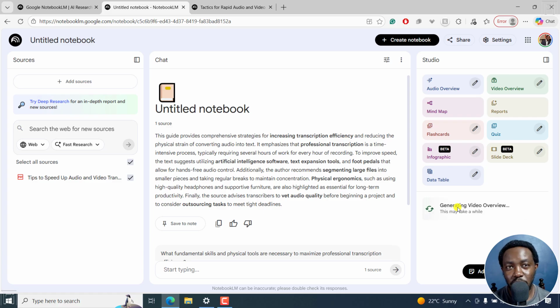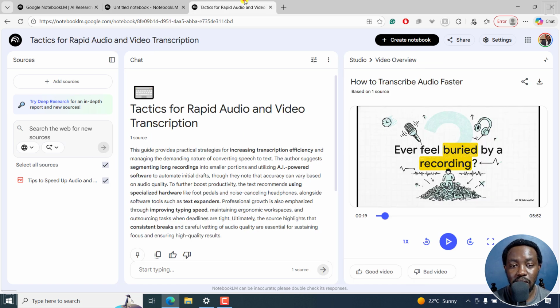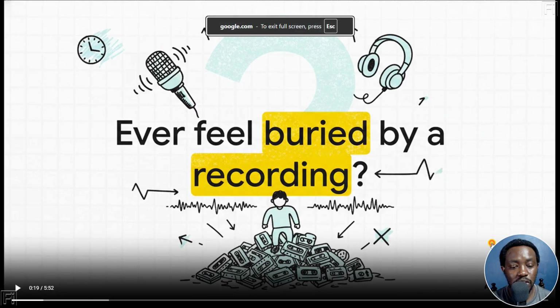Now, take note that it does take a while to actually complete. It's a lengthy process depending on the number of sources that you have here. This one is just a PDF with about 9 pages, and it took about 10 minutes. And that is the result that you're seeing right here, this particular video. And as we've seen initially, it's a good explainer video. And if I continue playing,